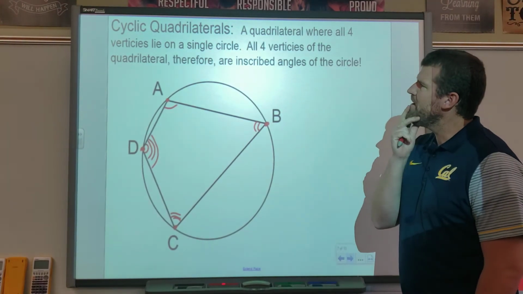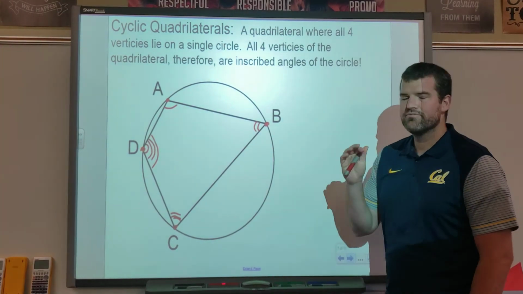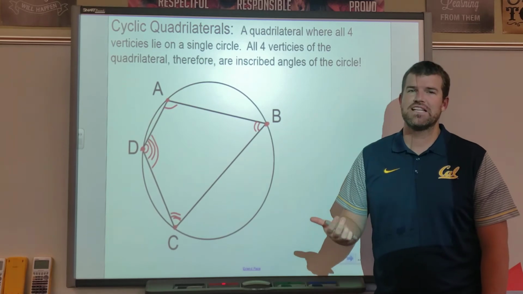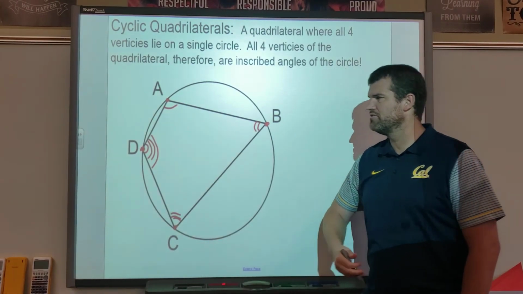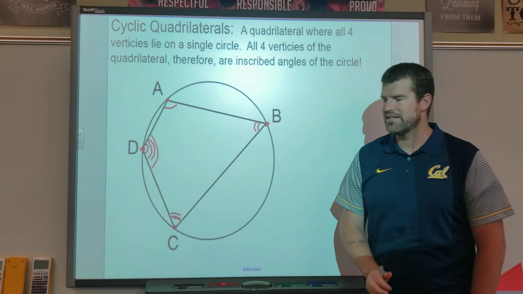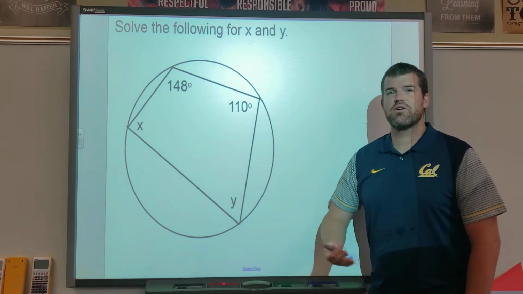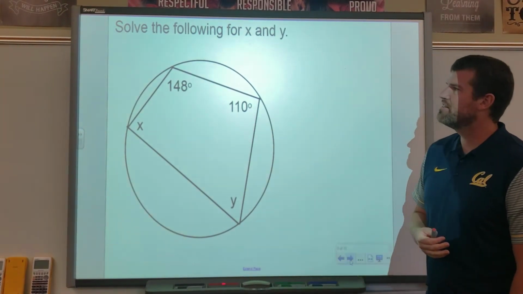And so I'm going to find a way to figure out the different measures, but not on this problem. This is just a picture of what a cyclic quadrilateral is, and all four angles of the quadrilateral are on the circle. That's all it means. Okay, so now we have a cyclic quadrilateral, we have some information, and we're going to find the measures of